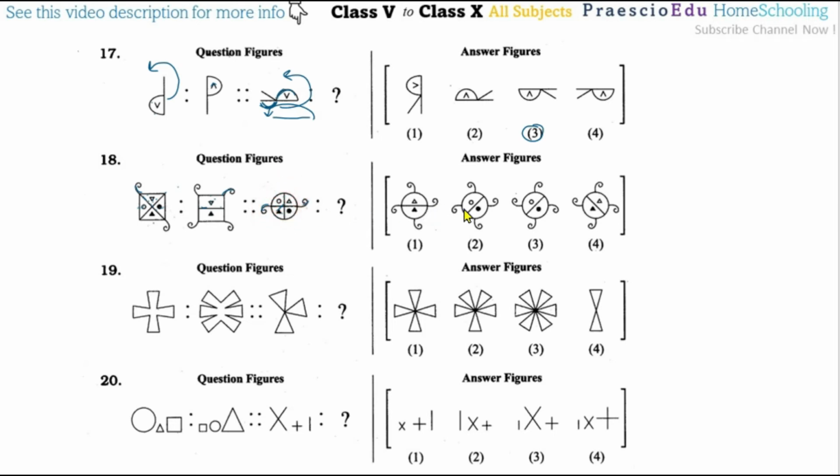So for this one, option number 2 is a perfect match. So this will come like this one, but these two figures will be the same. So now here the triangle will get hidden. Okay, so that's why option number 2 is correct.